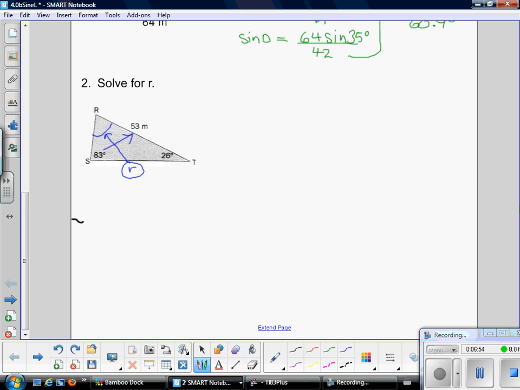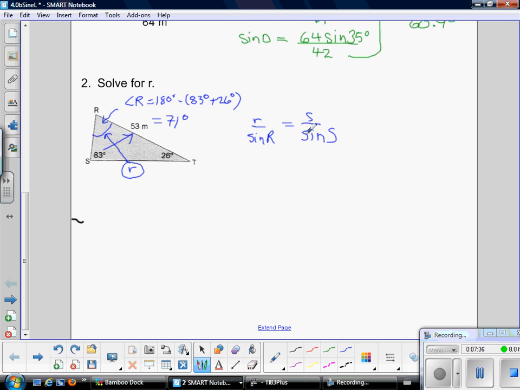and look. So we know that angle R, and sometimes we can just go angle R and just put a little arrow so the person knows that that's what we're talking about, is 180 minus the other two angles. And when we do that, we end up with 71 degrees. So using our sine law, so little r over the sine of r equals